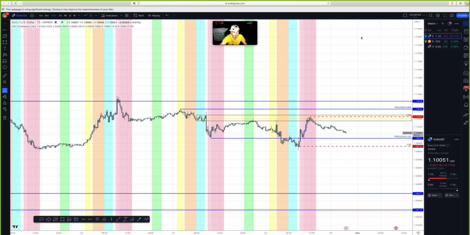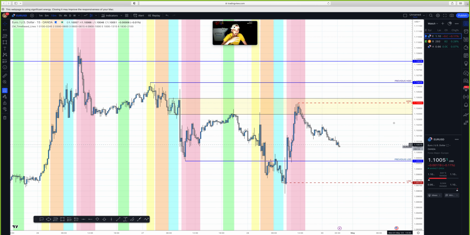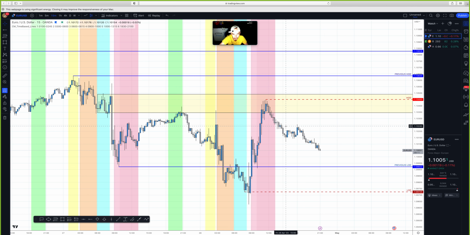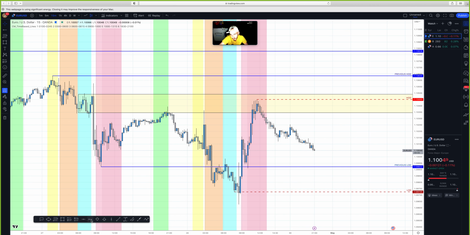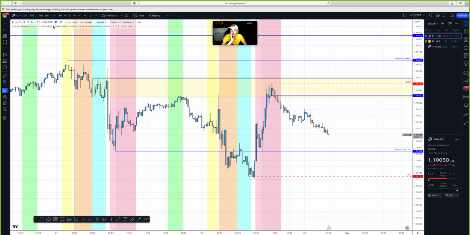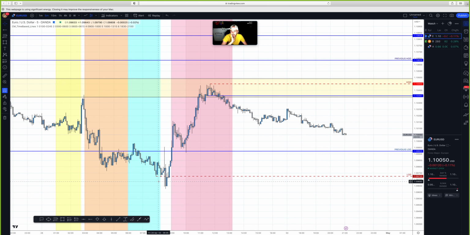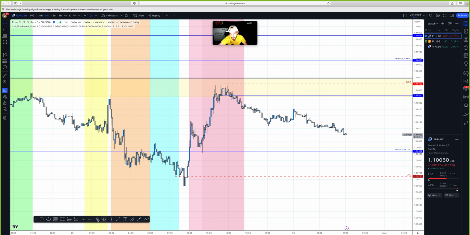What we could anticipate, the areas of interest that we have closest to us, would be this area of supply right here. We have this area of supply right here that was created during New York on Friday. So this is the area of supply that we're working with right here. And as far as areas of demand goes, on M15, this is used right here. Maybe on M5, we could find an area. So as far as areas of supply and demand go, these are the 2 most